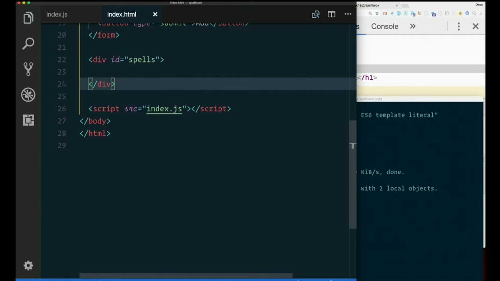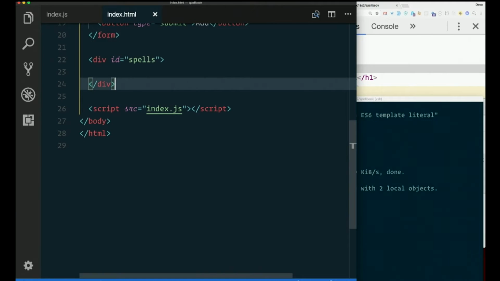Anybody know what element you would use to create a list? There's a few possibilities. Yeah, Kim? Unordered? Sure. Oh, okay. That's your answer? Yeah, an unordered list. And what's the tag for that? OL is ordered. UL, right. So OL makes an ordered list, which means the order matters, which means, generally speaking, it shows up